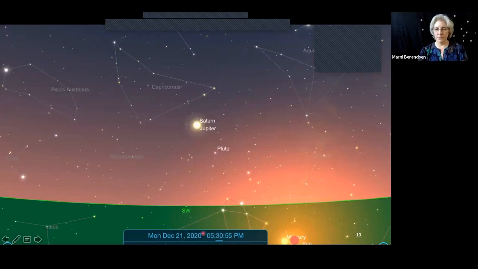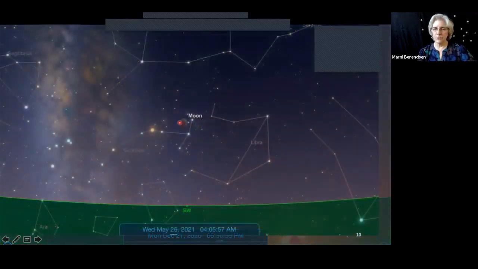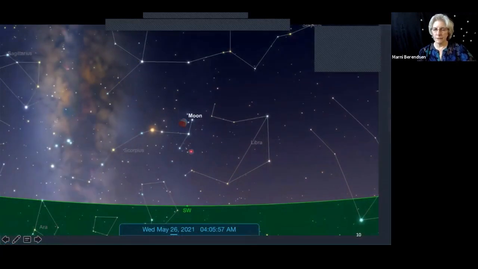So here's the conjunction on December 21st, 5:30 p.m., right after sunset, Jupiter and Saturn. This is in the southwest, roughly 15 degrees above the horizon. Here's Capricornus. But tomorrow morning, the moon is almost precisely in the same place over the southwest, but you're in Scorpius instead.